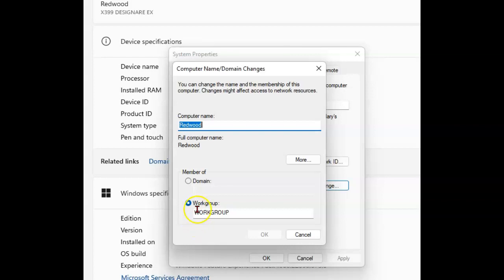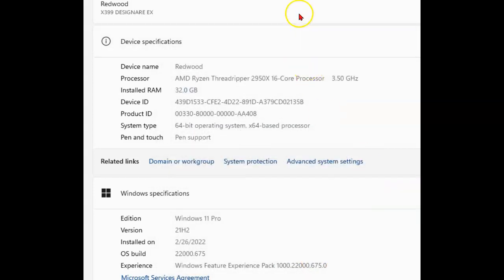But in the case of a workgroup, all I need is to have the same workgroup name across all the devices on this network. And by default, the name of that is workgroup. Now, I could change it to something else. If I wanted to call my home network here Fred, I could certainly do that as long as I changed that workgroup name on all of the computers. So as long as they all agree, it is on a network,